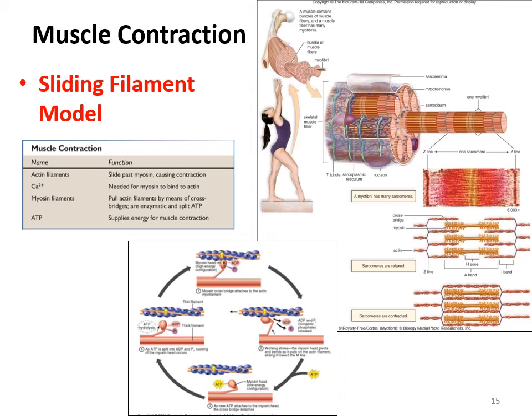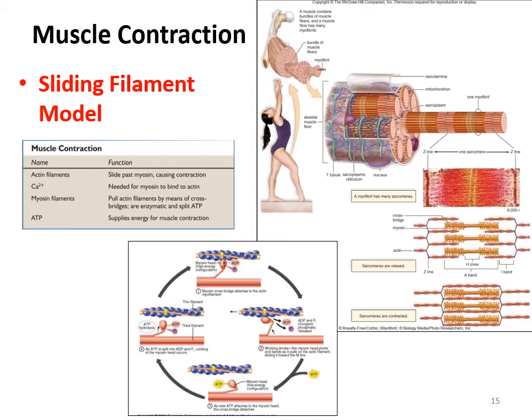What then happens, if you look at the cycles on this page, is calcium influxes, meaning it flows into that skeletal muscle